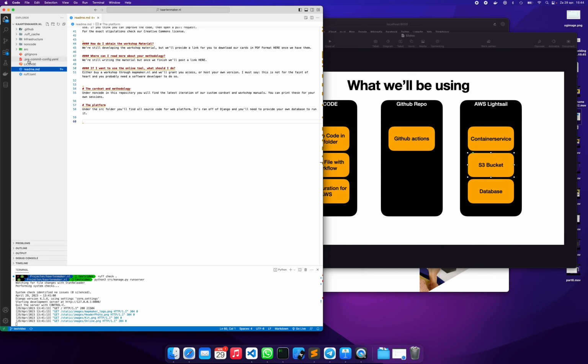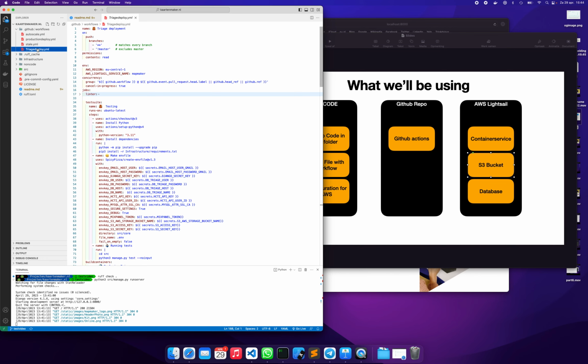Because in my folders, I have this .github and then workflows folder, you can put YAML files in here. And because you have those, they will trigger a workflow. In this case, it will have triggered a triage workflow. And how do I know that? Well, because I made this YAML file. You should read these as such. Jobs is the bit that will run. So these are all the tasks that are going to run, and everything above jobs is setup. Basically, it says if I push code on the branch, whatever branch, as long as it's not master, then run,